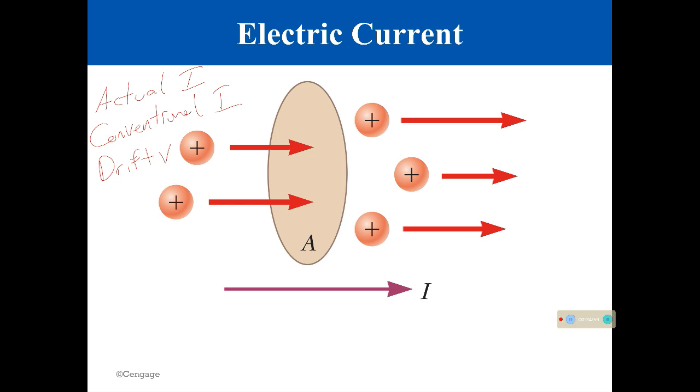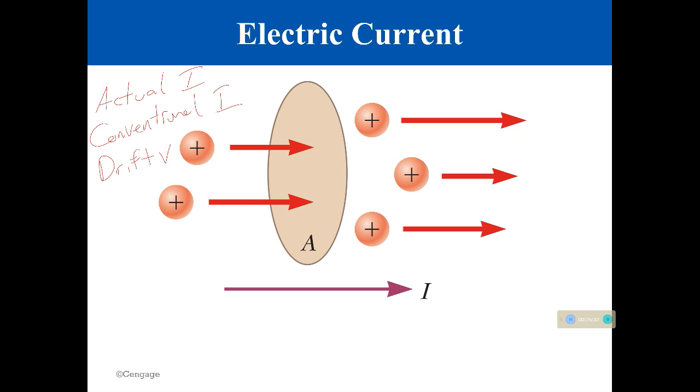So actual current, as the name suggests, is the way that current is actually flowing. And for the most part, what charge is it that usually moves? Almost always it's going to be the negatives. I say for the most part because there are certain instances where you are dealing with, say, positive ions that you've created, like over in chemistry. And if I move positive ions to the right, yep, they're going to the right. So actual current is actually the way the charge is going.